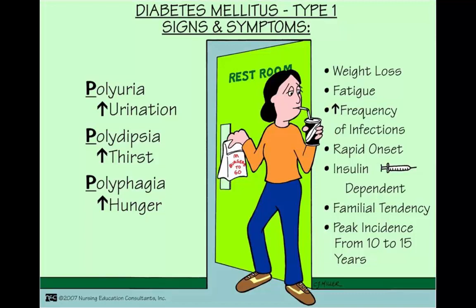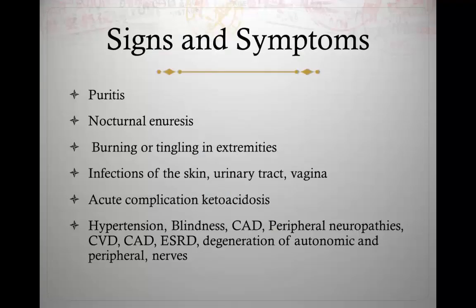They're insulin dependent. They do have familial tendency because it's HLA related in many patients. And the peak incidence, even though it could be later in life, tends to be between 10 to 15 years. So pediatric patients and adolescents. In addition to having polyuria and polydipsia, patients would have nocturnal enuresis. They would have dry skin,